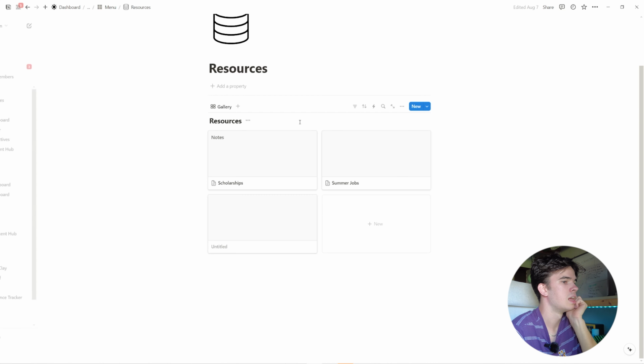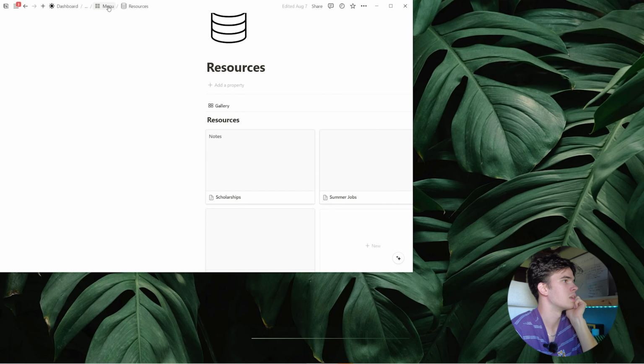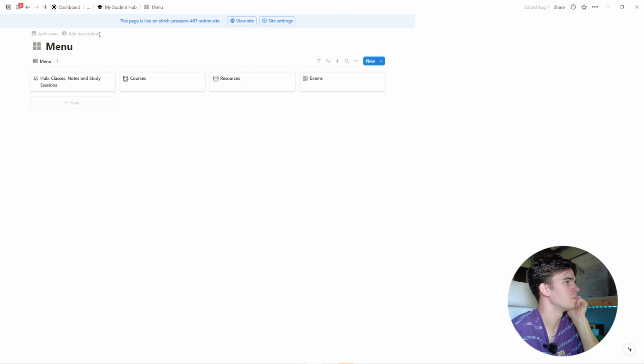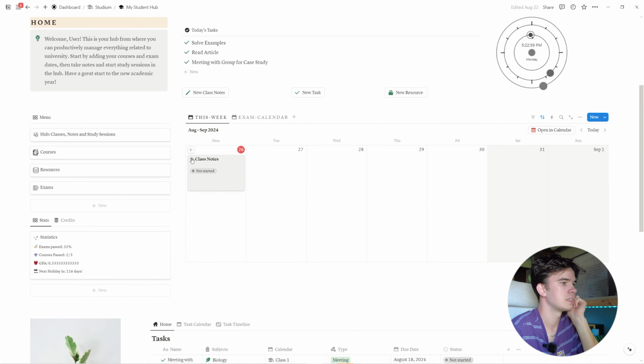For example, like that. So resources is just a place to take random notes. We'll go back to the Student Hub, and now you'll see that the class notes we created before is in here. And you can also kind of like